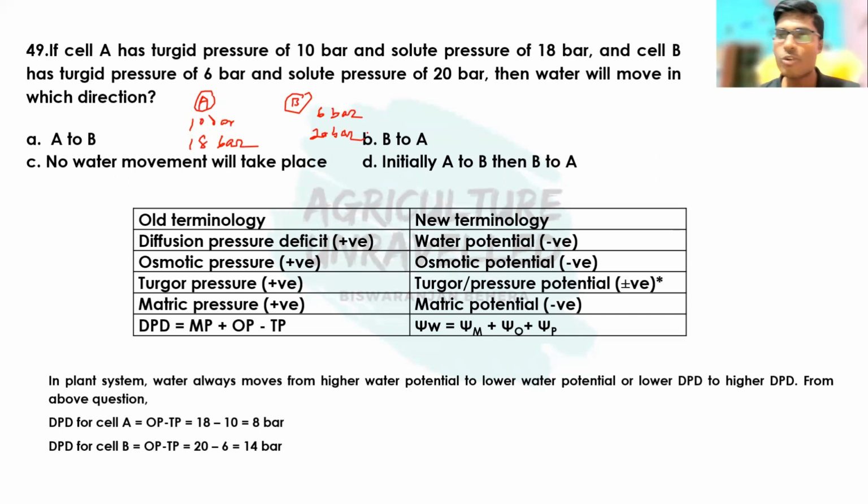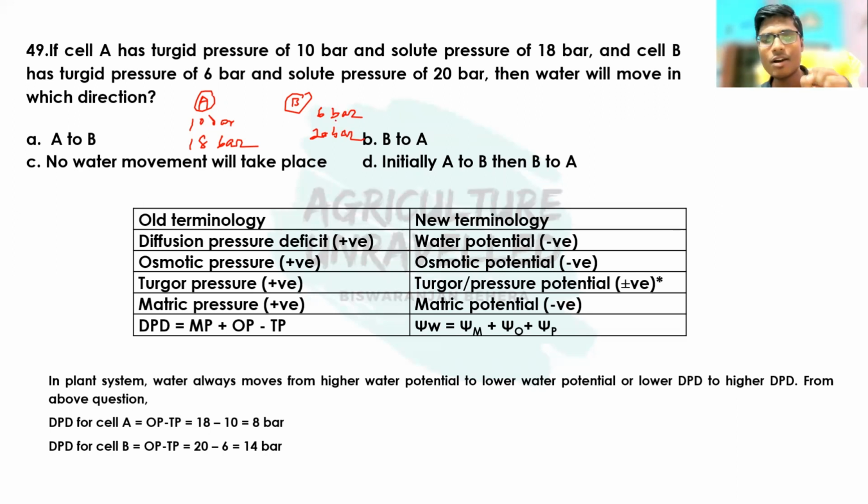Before solving this question, we should understand what the cell water potential components in a plant are and how they are related to soil water potential, or whether there is any difference between soil water potential and plant cell water potential. That we'll discuss in this question. So this is a very important question, and it is also interesting.